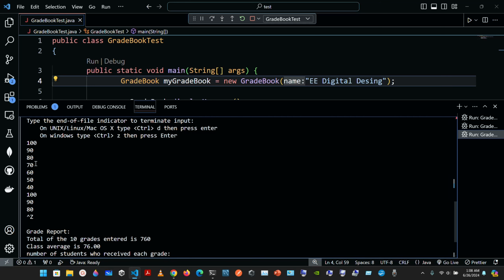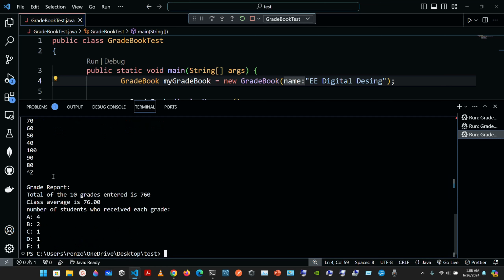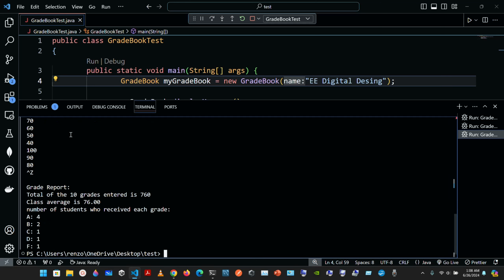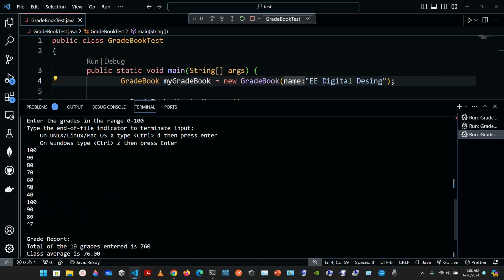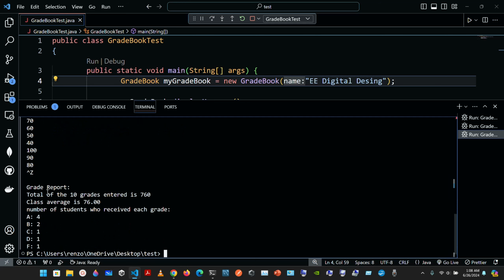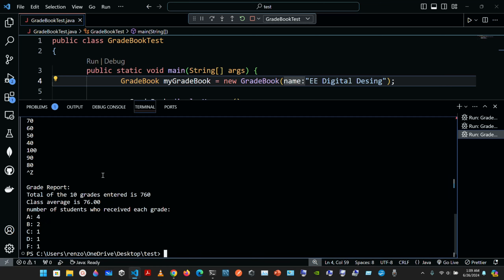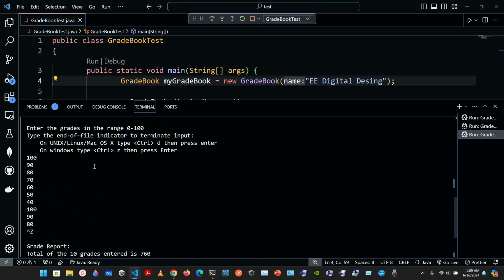B, okay, so we have 80, and then again another 80 here, so 2, okay. A C, that we have 70, and then we have a D that is 60. Then we have F would be 50. Okay, that's fine. So let me see, 1, 2, 3, 4, 5, 6, 7, 8, 9, 10. Okay,